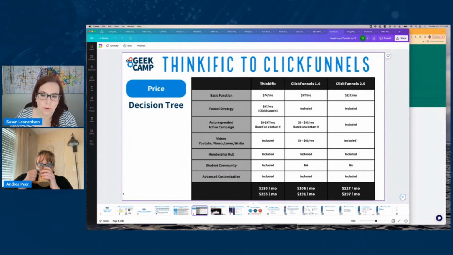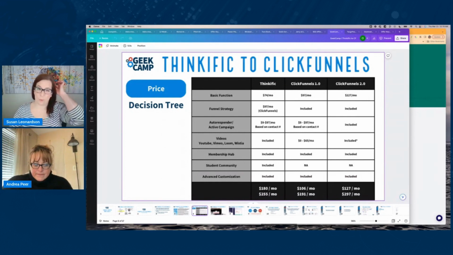Yes. Okay. So Thinkific does have, I think, four different plan levels, including, I think, their first one's free. But what makes our decision to start with the $74 a month basic plan to do this comparison is because that's the plan that you would need in Thinkific to even be in the same realm of the ClickFunnels basic plan of what features you're allowed to have. So we are comparing the $74 a month plan, but just know there are two other ones that are cheaper. And there's one that is more.